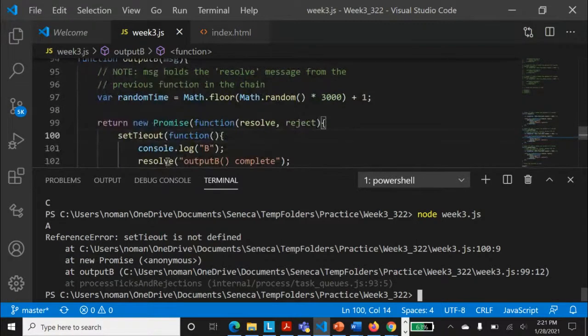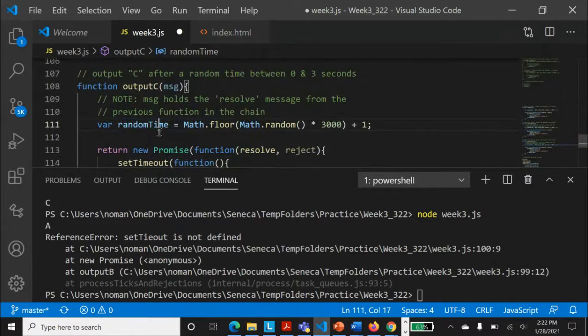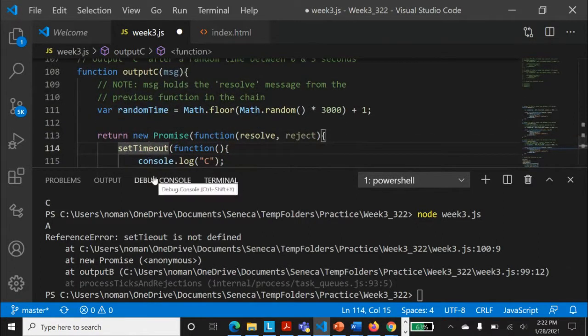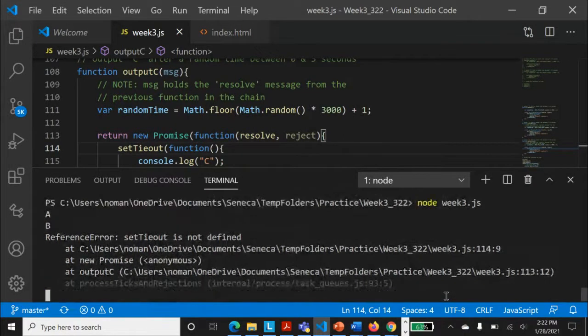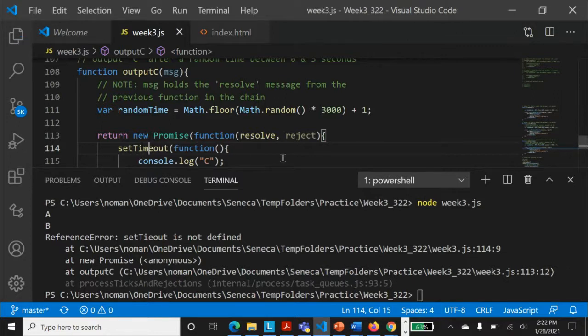So basically what is happening is that at this point it has just stopped because something went wrong. What I'm trying to say here is, let's now do that in C1. What will happen with the C function? We'll see that A and B will execute, of course, and C will have that error. That error is, of course, not the resolve or reject type of error. It's a syntactical error, of not defining the function or not using the right function there.